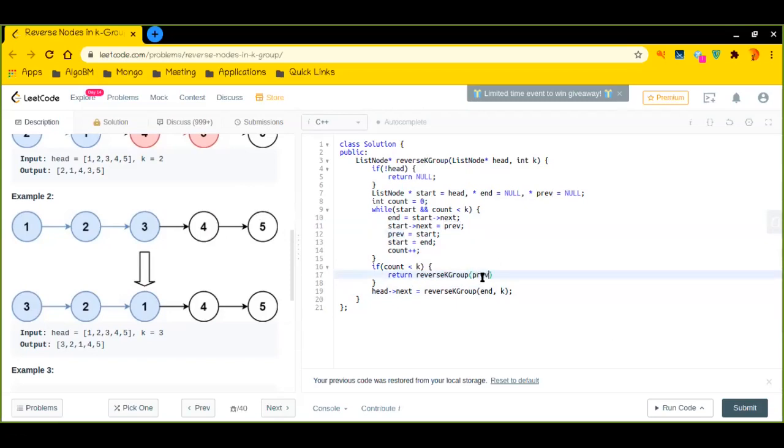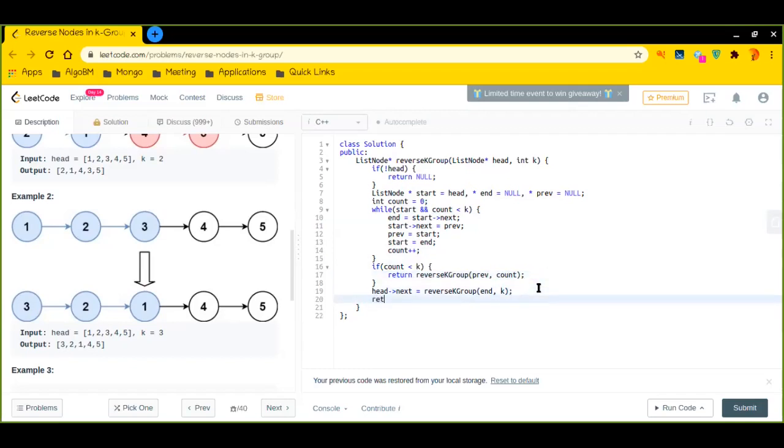Okay, so we'll pass this previous, and here the k will not be k, right? It should be the count. That means how many elements we had reversed incorrectly or mistakenly. So we have to pass this particular count so that it can reverse these many elements again. In this case it was like 5 then 4, that means we had reversed 2 elements incorrectly. So we'll pass this particular count, that means 2. It will reverse it back. So it will look like 4 and then 5.